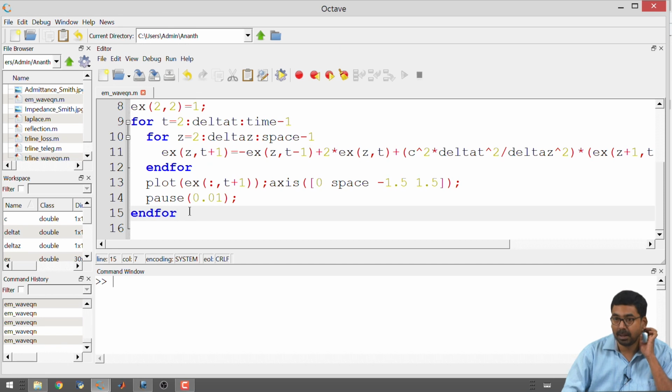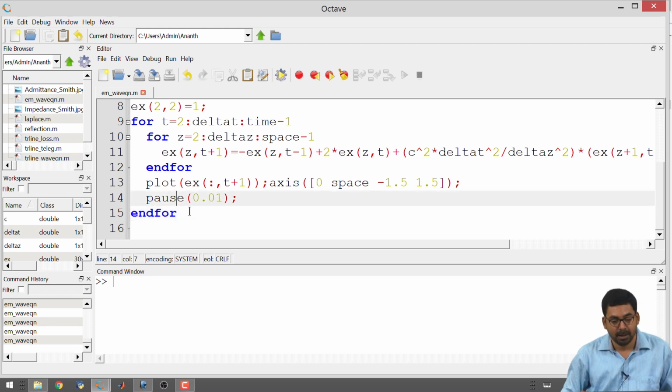So, it may calculate a number of elements at the same time and then give you a value, rather than a for loop where each value is updated once and then you go around. So, since we are now in an advanced stage, I will rewrite the for loop inside, which is with respect to the space, as a vector update. Then we will increase the size of the space and time and see how much time it takes to execute with the vector update and with the for loop.